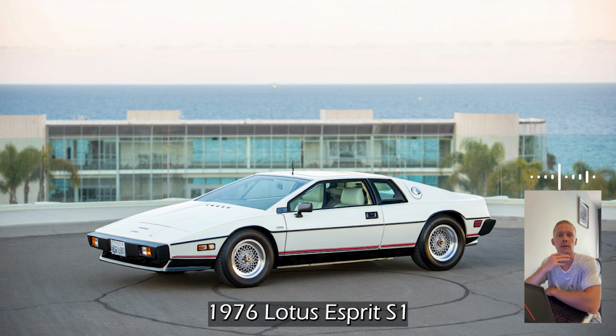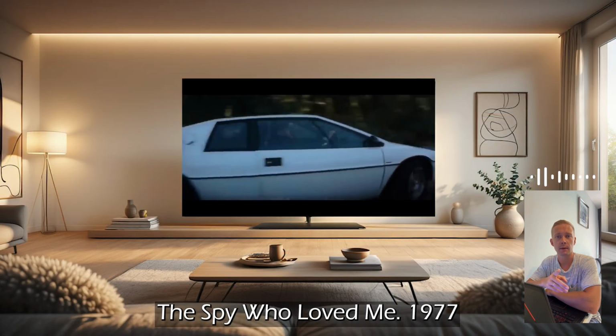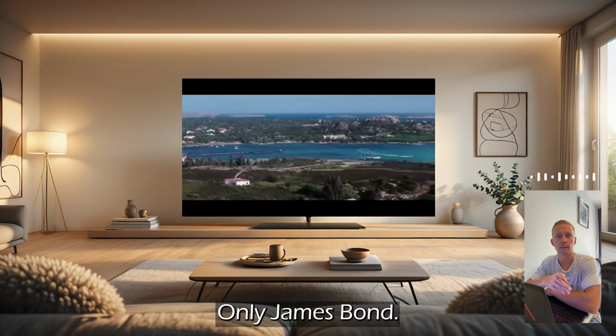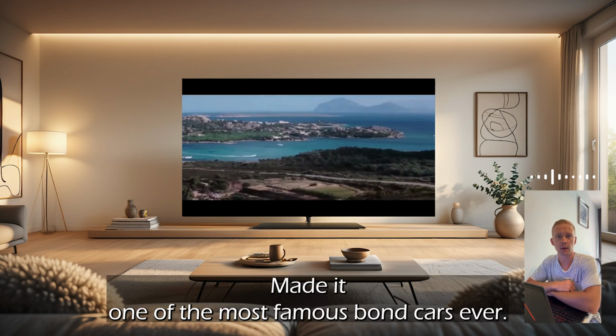1976, Lotus Esprit S1, The Spy Who Loved Me, 1977. A sleek white sports car that turned into a submarine? Only James Bond. The Lotus Esprit's unforgettable transformation in the ocean chase scene made it one of the most famous